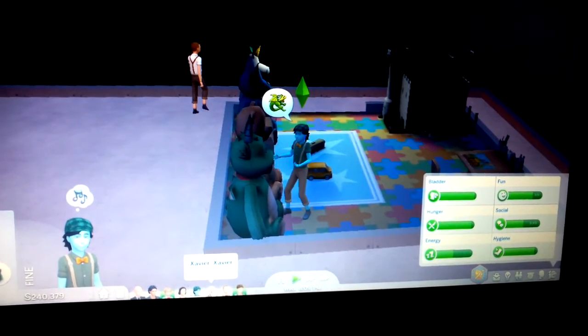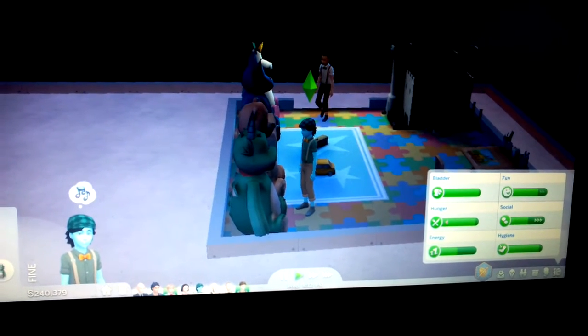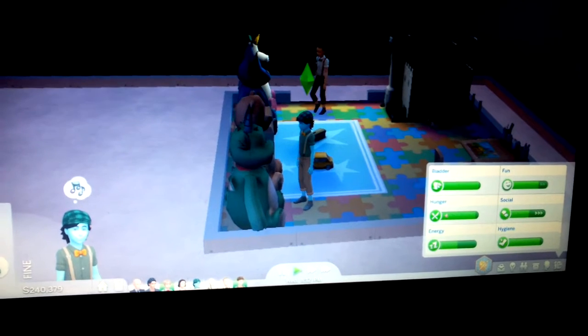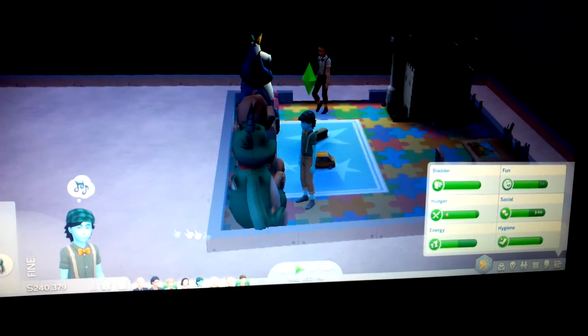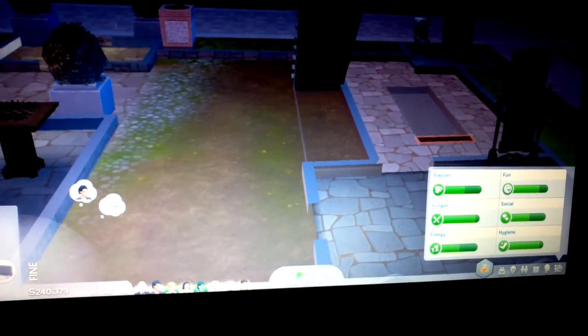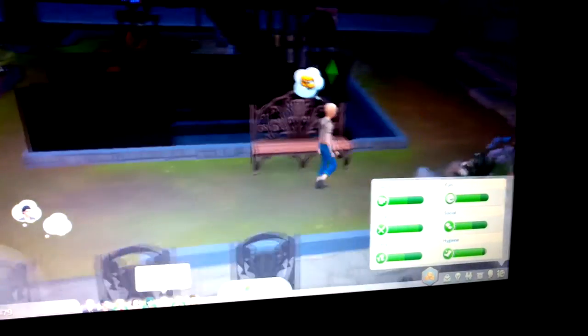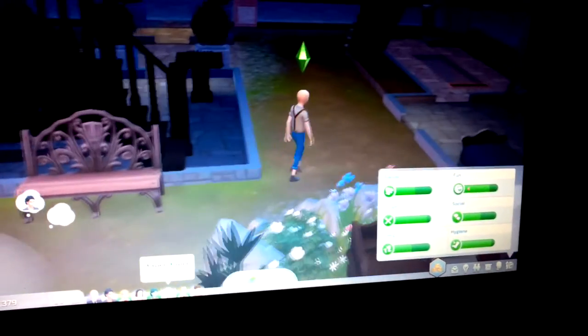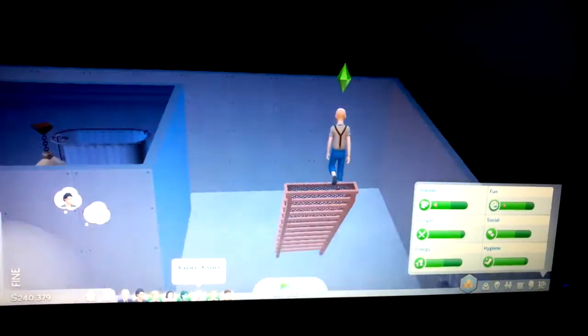Okay, this next one is interesting. If I can click on him. It's running slow. Probably been running it for too long. Come on. I named him Xavier. What I did was, in Create a Sim, I gave Professor X a twin brother, and then I made him a child, and then I made him not related. He's a very interesting child.